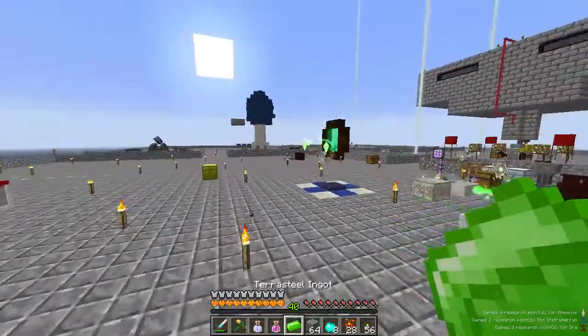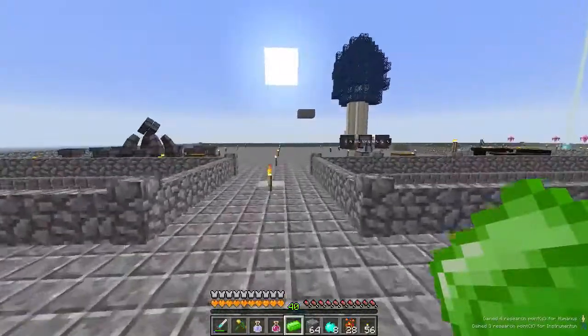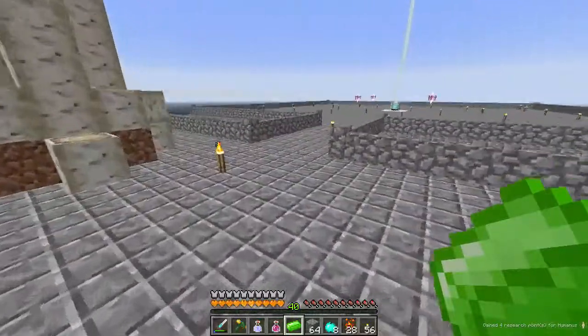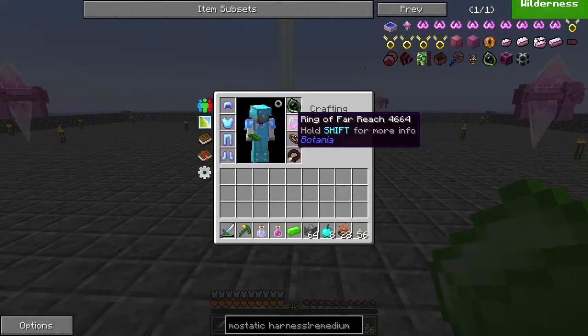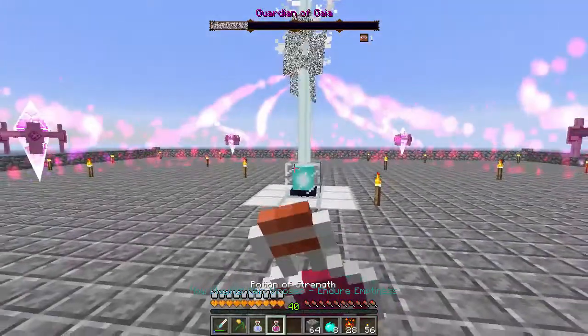And let's do this. So, Gaia Guardian. I was saying that ranged weapons are going to be completely useless. And that is a fact. Ranged weapons do nothing against the Gaia Guardian. He avoids them, which is why we have our far reach ring. So you just shift click on this, take our potions,